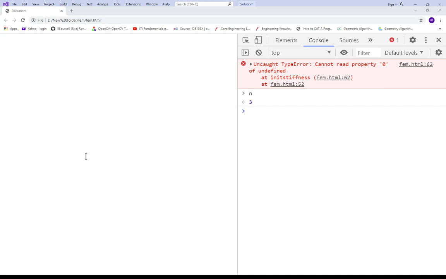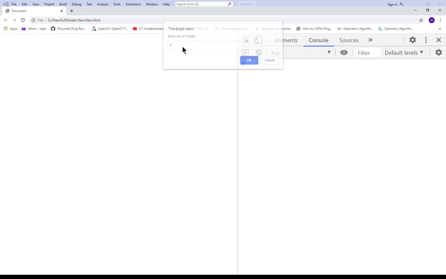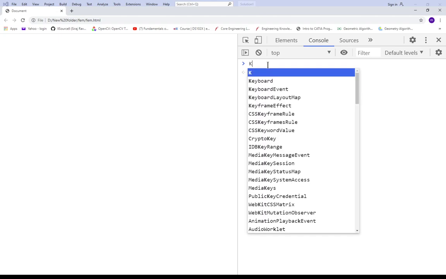Okay, sorry. There is a trouble between small letter and capital letter. So a few things you have to change. 3, enter. Okay, so I just type K capital.